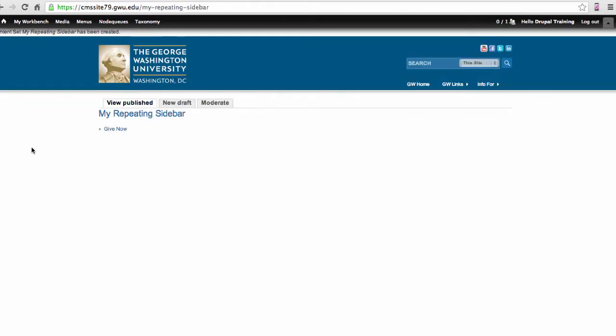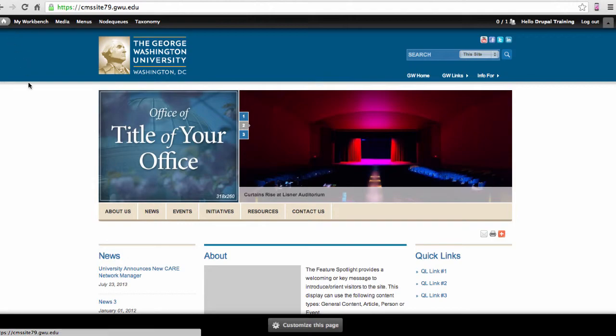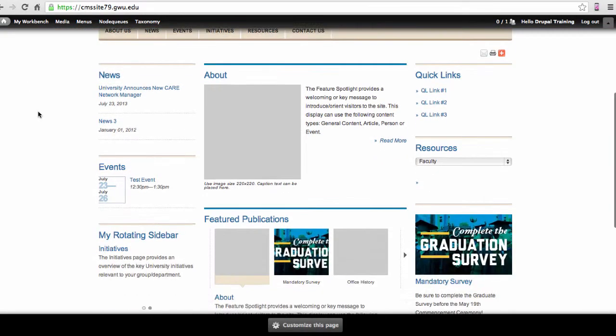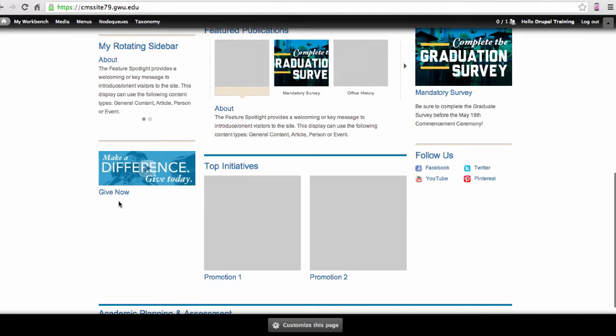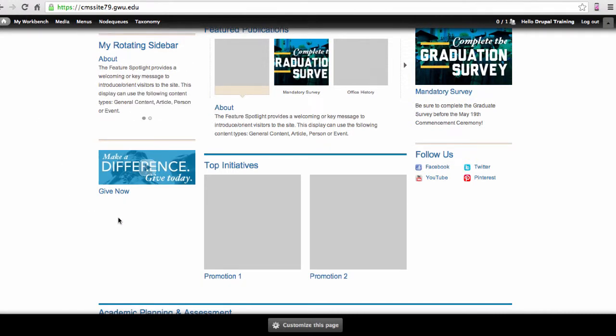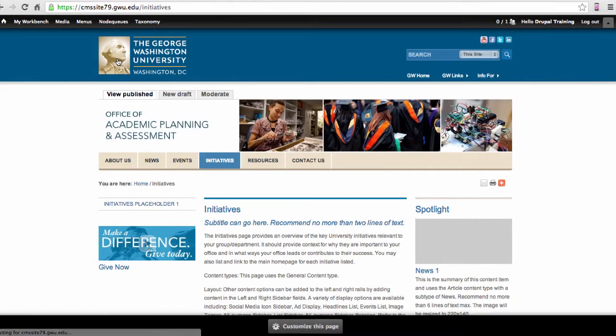Now when I navigate to my home page, I can see that my repeating sidebar shows up with the promotion that I selected. And as I navigate throughout my site, I can see that that same promotion shows up in the left sidebar.